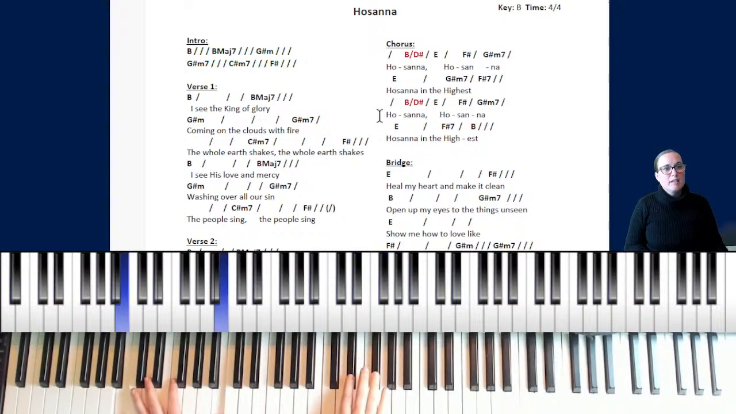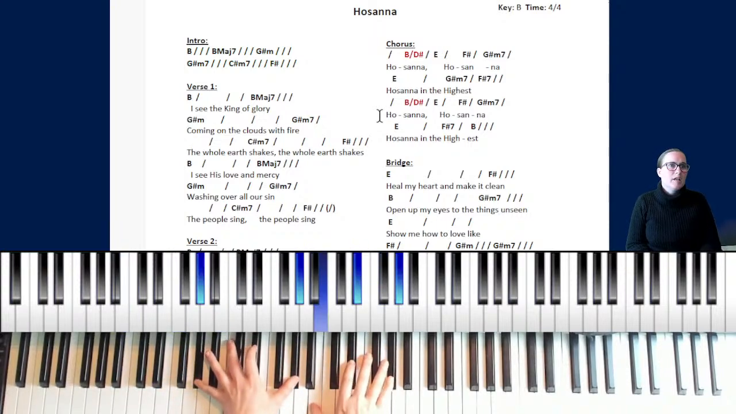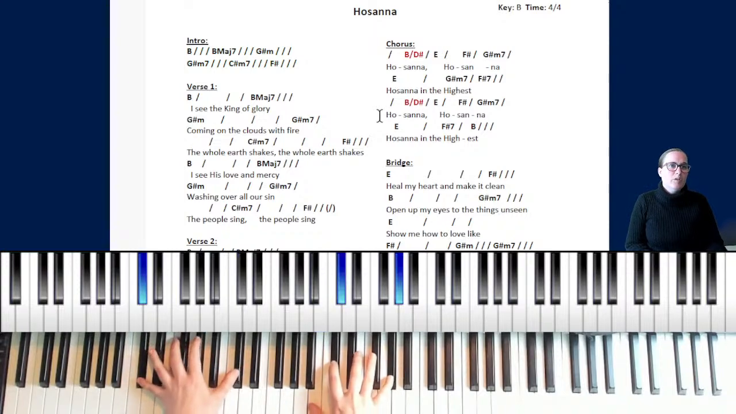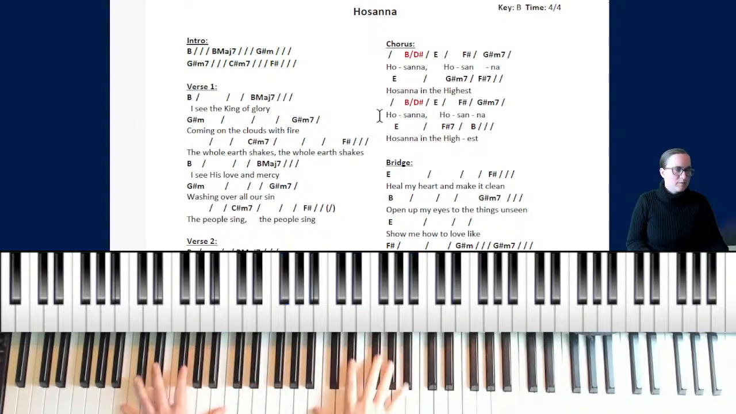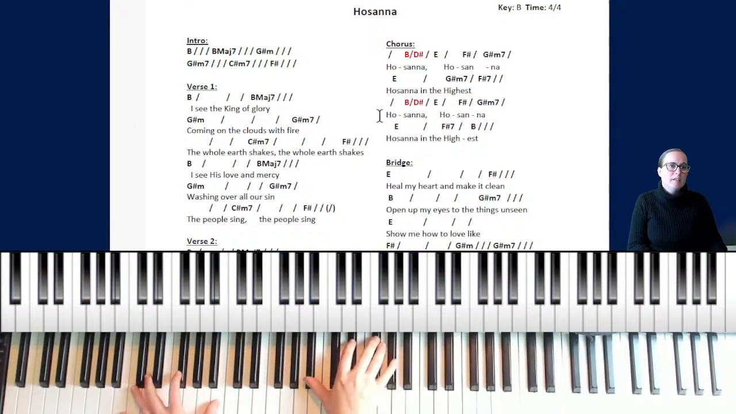I see the King of Glory coming on the clouds with fire. The whole earth shakes, the whole earth shakes. I see his love and mercy